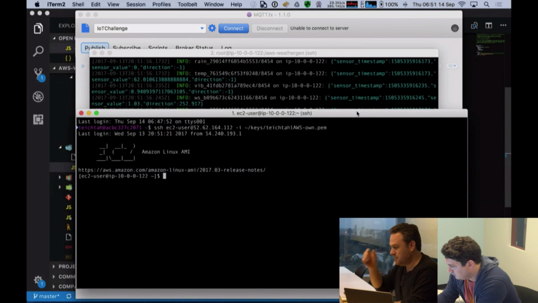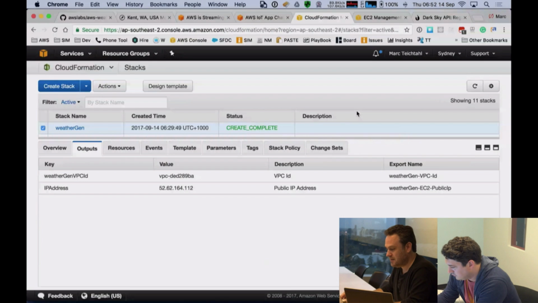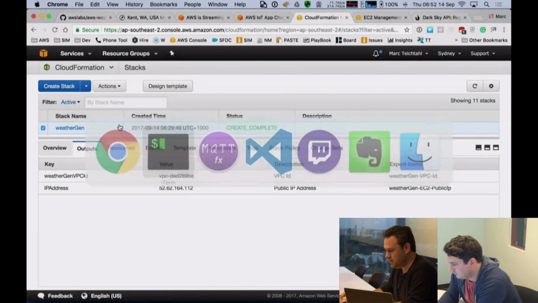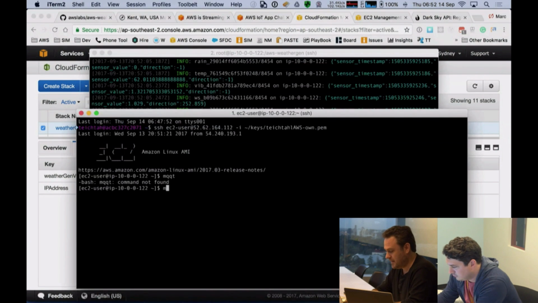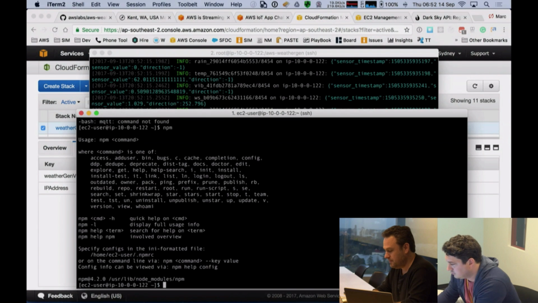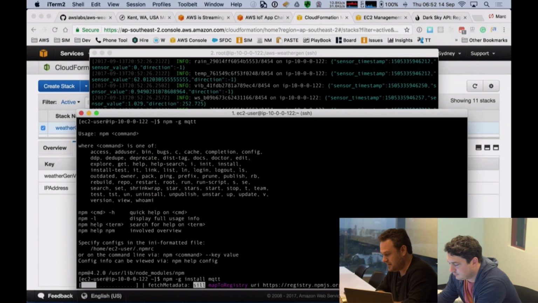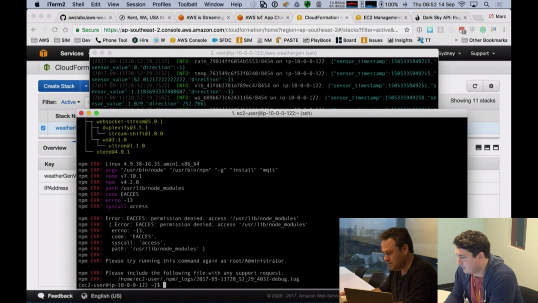Now, as I mentioned before, we just use the subscribe command from our MQTT tool. But not having thought through that I would need to do this, I may not have installed that MQTT tool. I haven't. So we're going to quickly install that, and we're going to do that using npm. So I can install that globally, and I believe it's just mqtt. Install. Let's do that and install that MQTT tool.